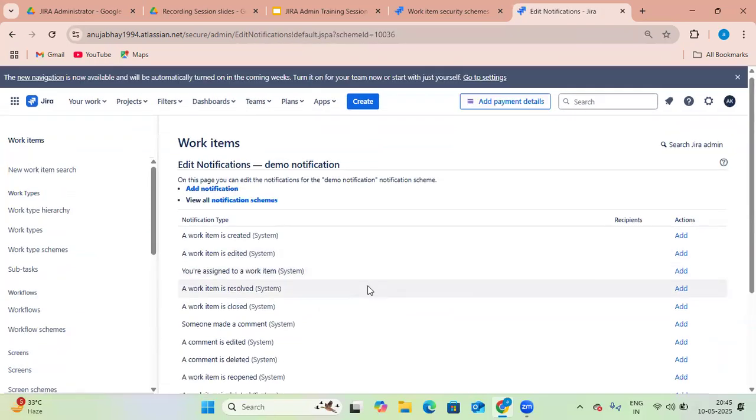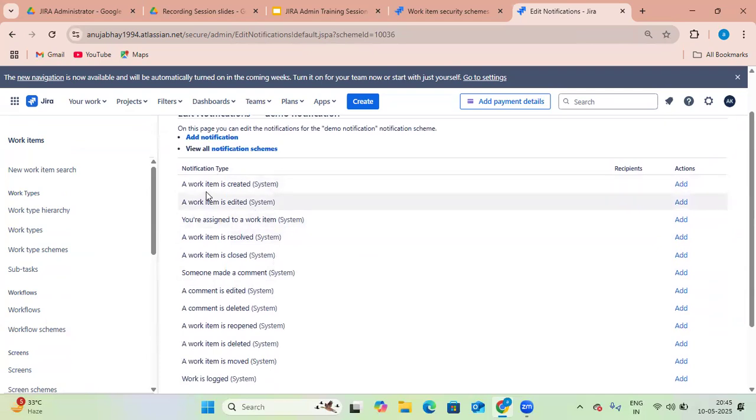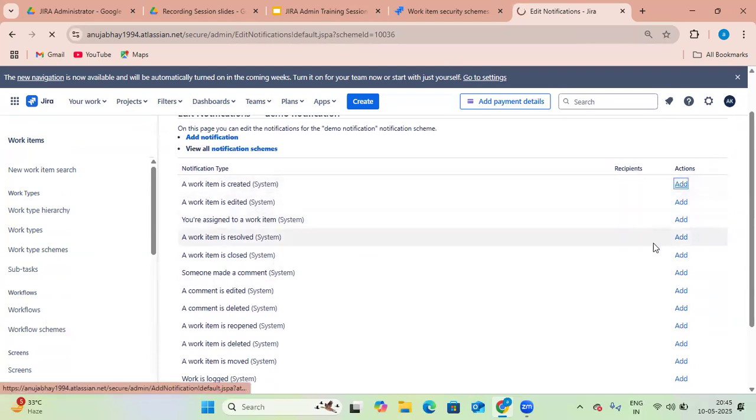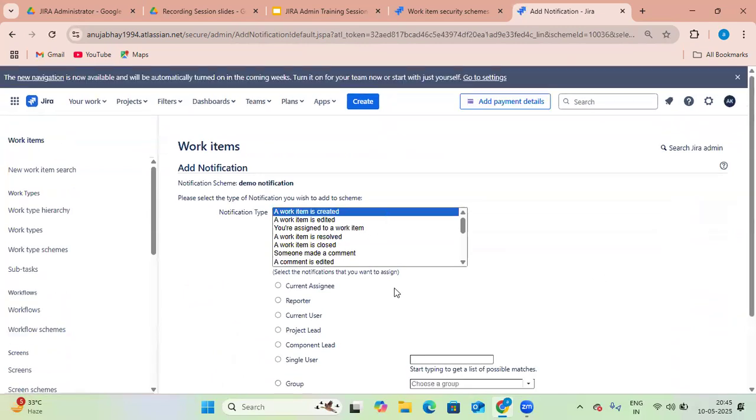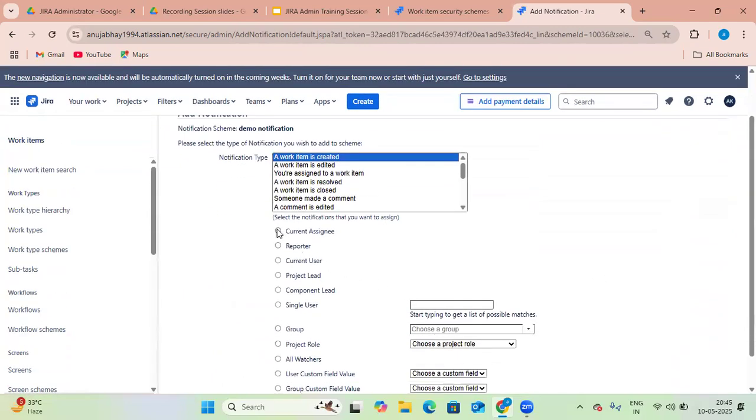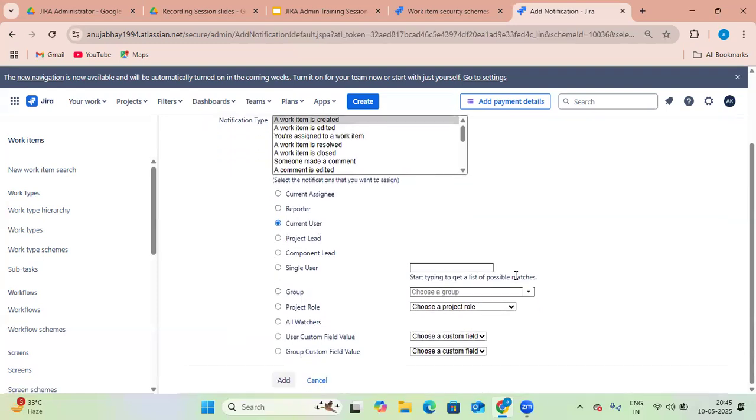Now what thing do you want to add inside this? You want work item created, add it. Current assignee, reporter, current user, group, whatever you want. In this way, you will choose all the